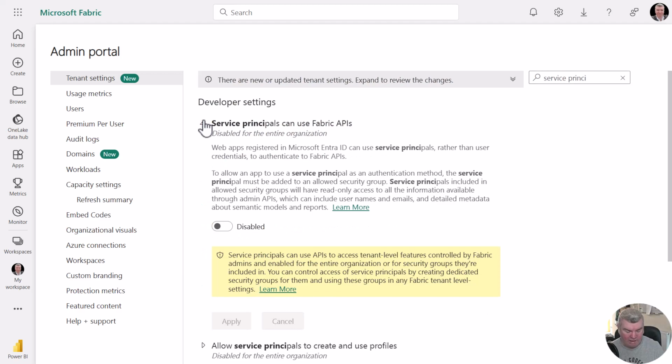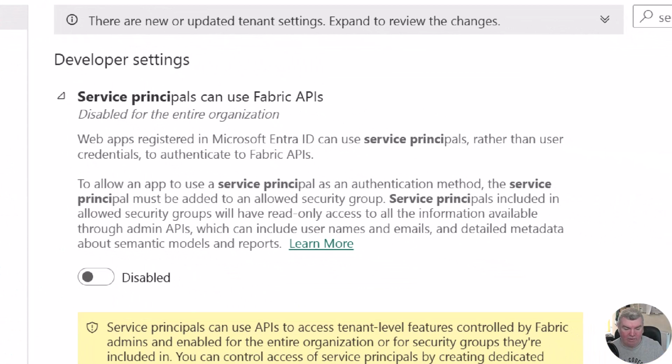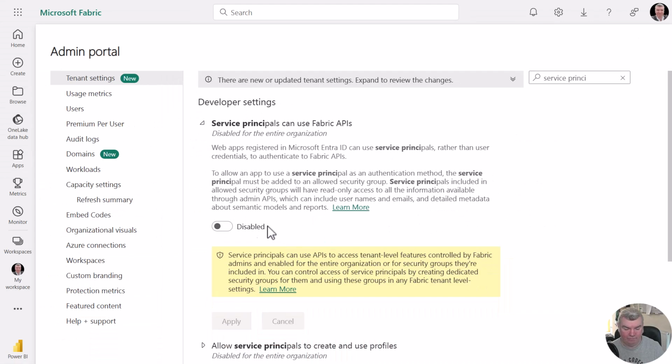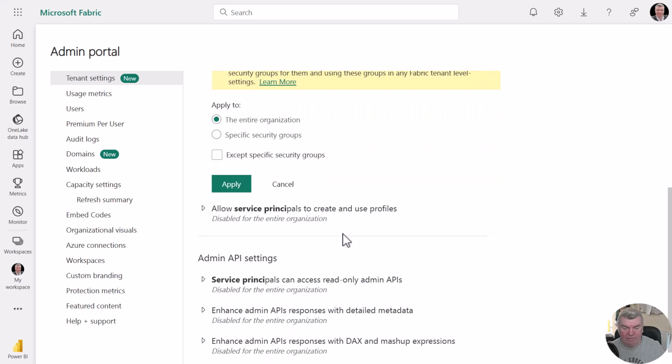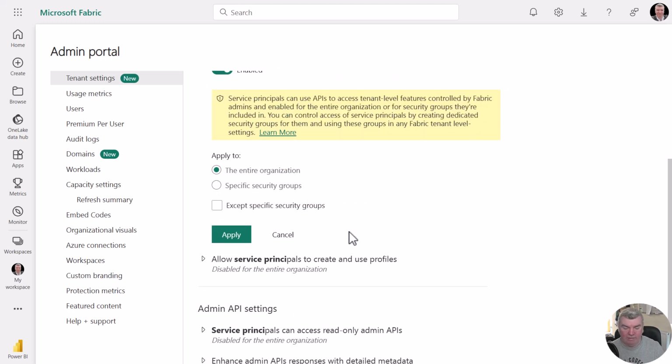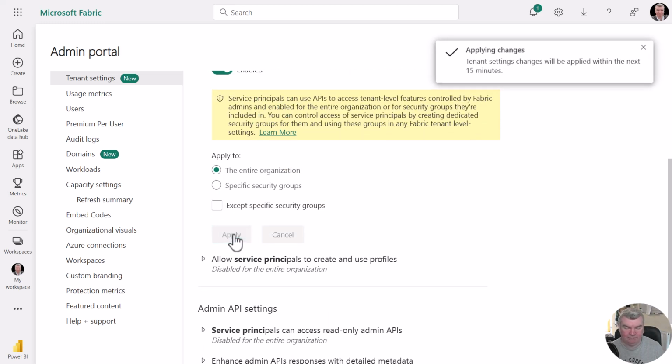So we can expand that. And then it says here that web apps registered to Microsoft Entra can use the service principals rather than user credentials. And so we're going to do this globally here. So if we switch that disabled to an enabled, we can go ahead and do that. And then we'll leave this for the entire organization and click apply. It can take 15 minutes